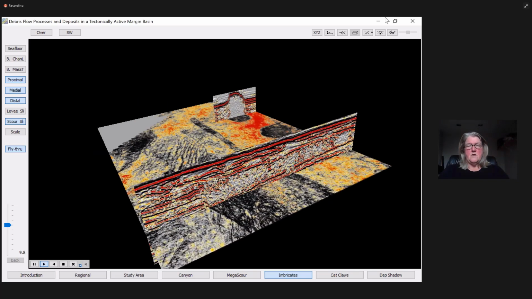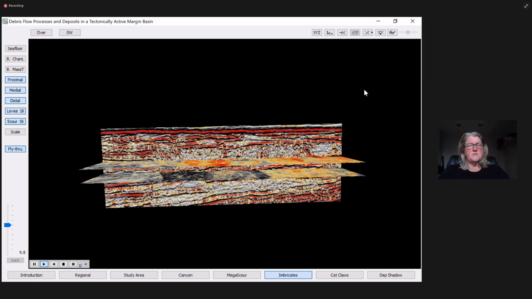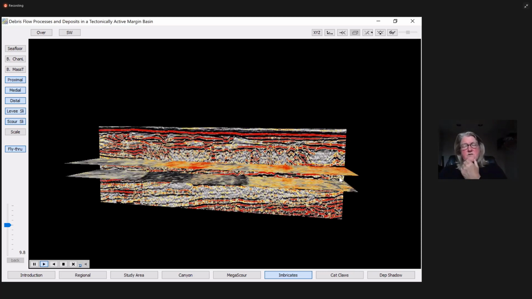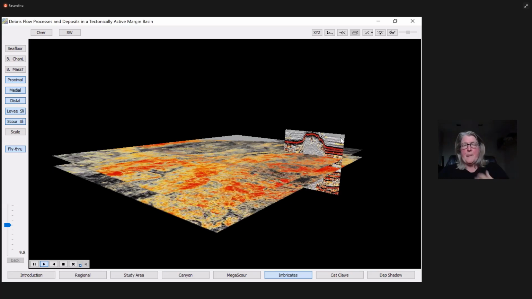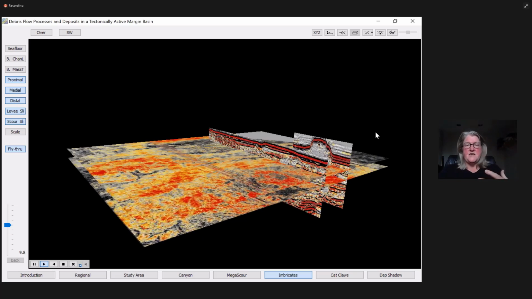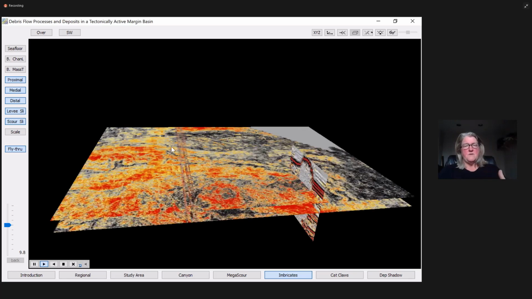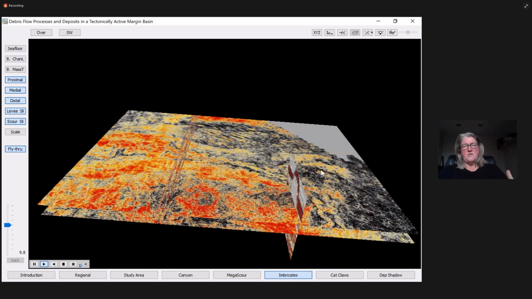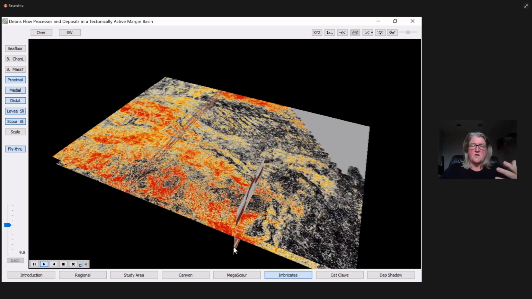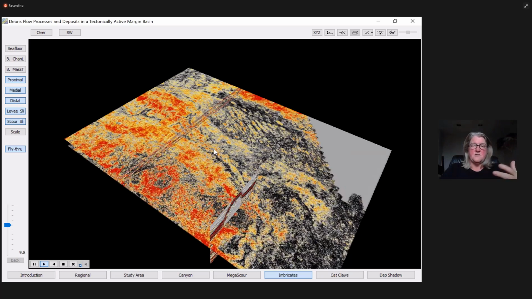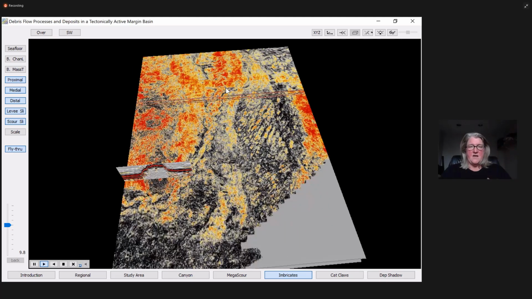Now this image is slicing through the levied channel system that sits on top of it, and you can begin to see how the levied channel system is occupying the space over the top of the mass failure. So you have this really beautiful levied channel system. You see this all the time. You see these mass failures that leave unfilled accommodation space in here, and the sediments are coming in and filling this accommodation space.